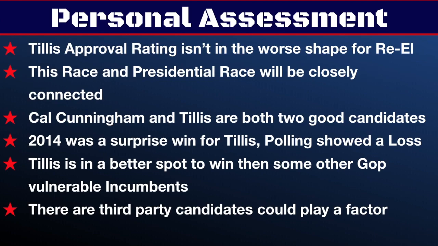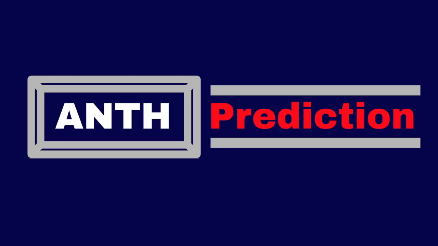So you can argue about what the polls say all you want, but you can't say I'm right or I'm wrong or this or that, because we don't know what's going to happen until the election. Unless you know the results of the election, we don't know yet. Your guess is pretty much as good as mine. So we're waiting for the election to happen, then we'll know the exact results, and then we can see if the polls are right or not. So again, Thom Tillis is in a better spot than the vulnerable incumbents, and the third-party candidates could play a big factor in deciding this race.